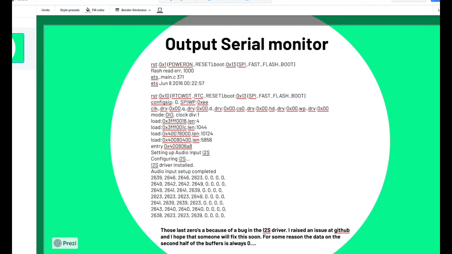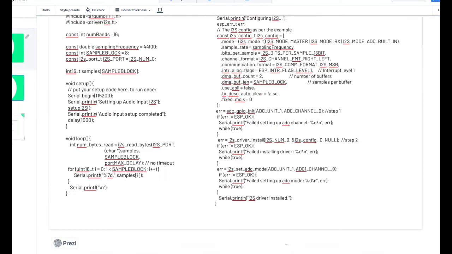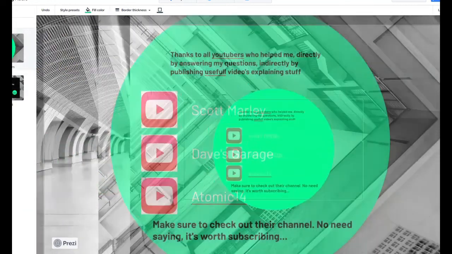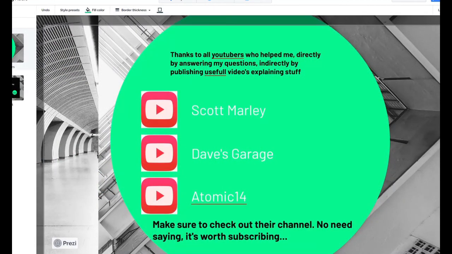The sketch I wrote for this example was not completely my doing. It was based on a great tutorial written by Atomic14. Check out his channel below. Also Dave Plummer helped me a lot indirectly, because he uploaded a video on his take on the spectrum analyzer using FFT, and he shared his code and explained a bit about it, so thanks for that. And of course there is Scott Marley, who did another great program on FFT on an ESP32. All of them contributed directly or indirectly, maybe without their knowing, to this video,